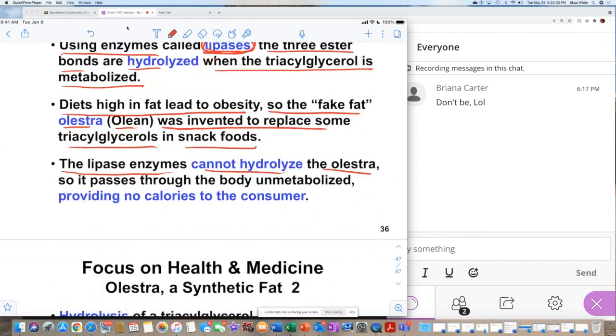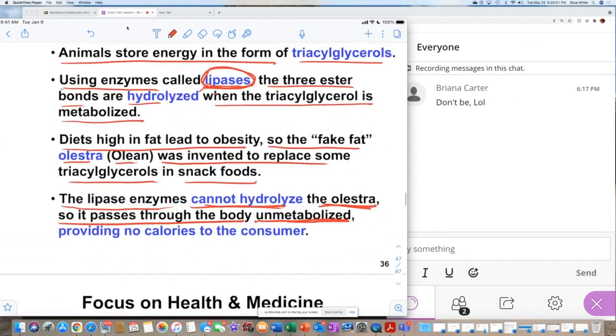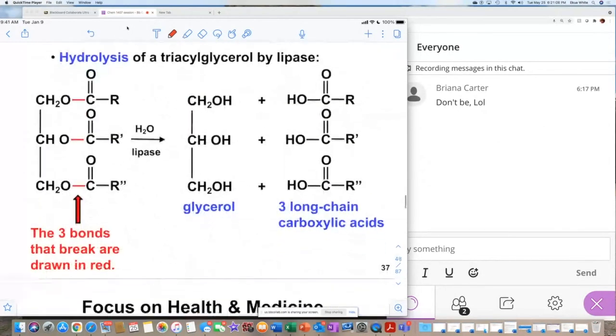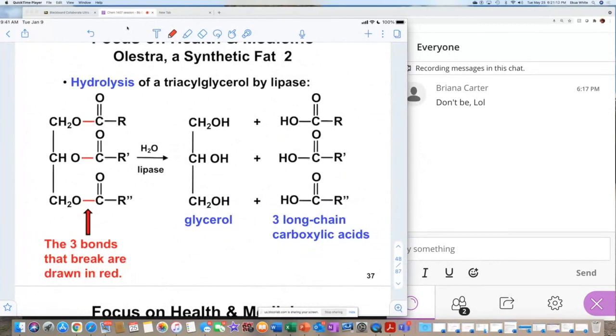Now, olestra cannot be hydrolyzed by lipase. So you eat all those fat-free foods that do have fat, they have olestra or other chemicals similar to that. So when you eat it, it passes through your body unmetabolized because lipase can't touch it. And so it provides 0 calories. So you know how they have those 0 calorie foods, and you're like, wait a minute, but I'm eating this, right? It's okay, not that great, but it's greasy. And so that's when they have compounds like olestra,